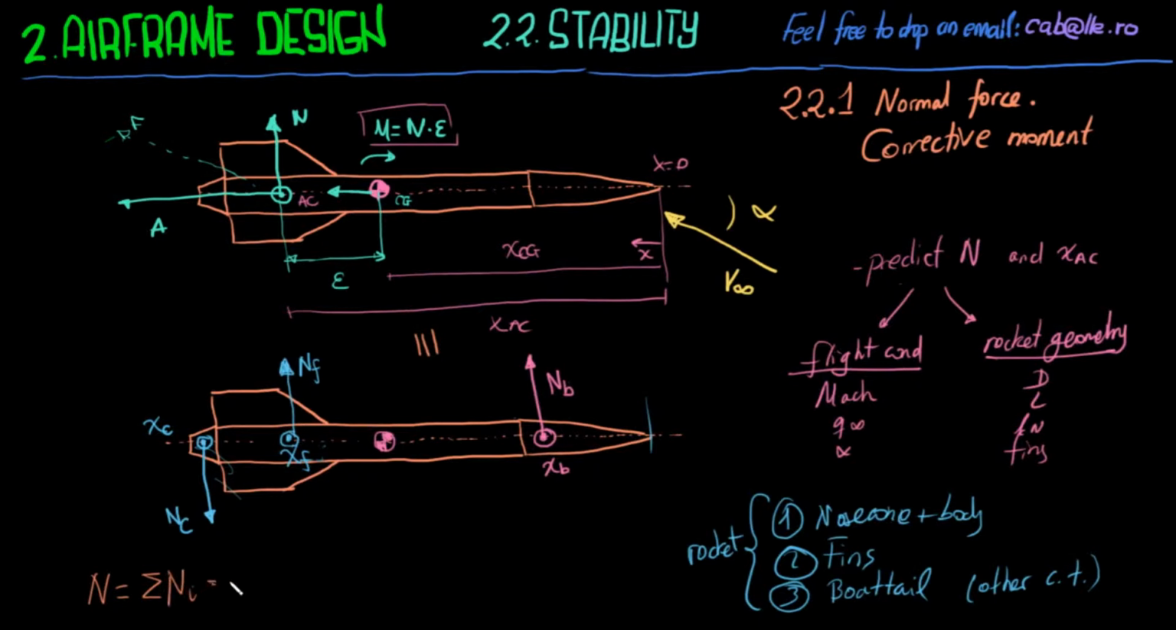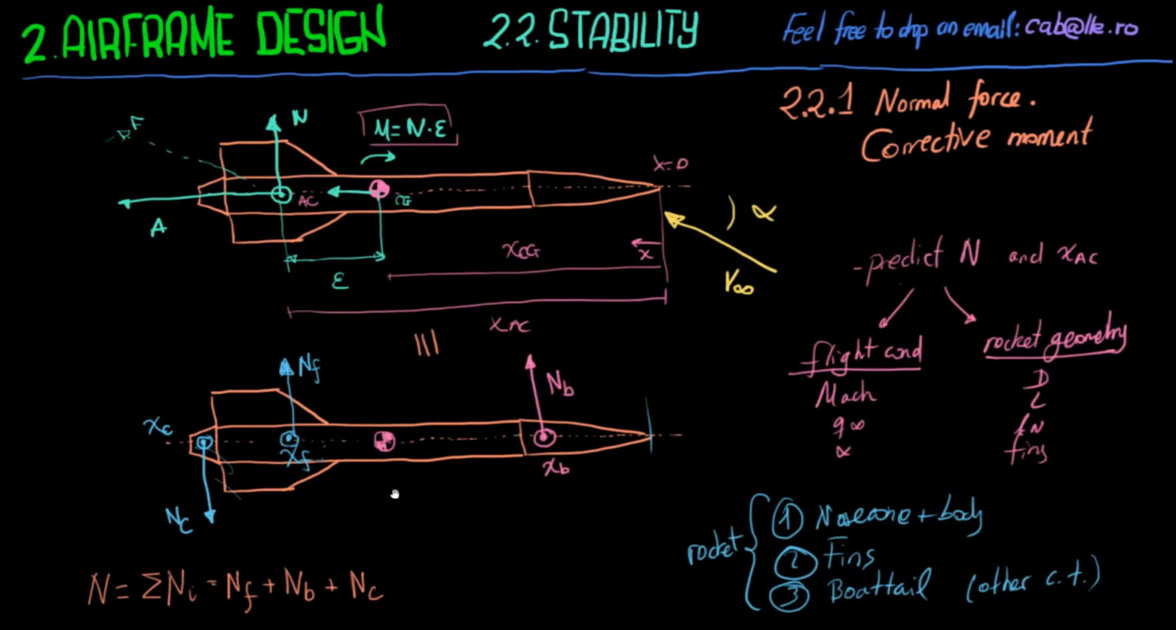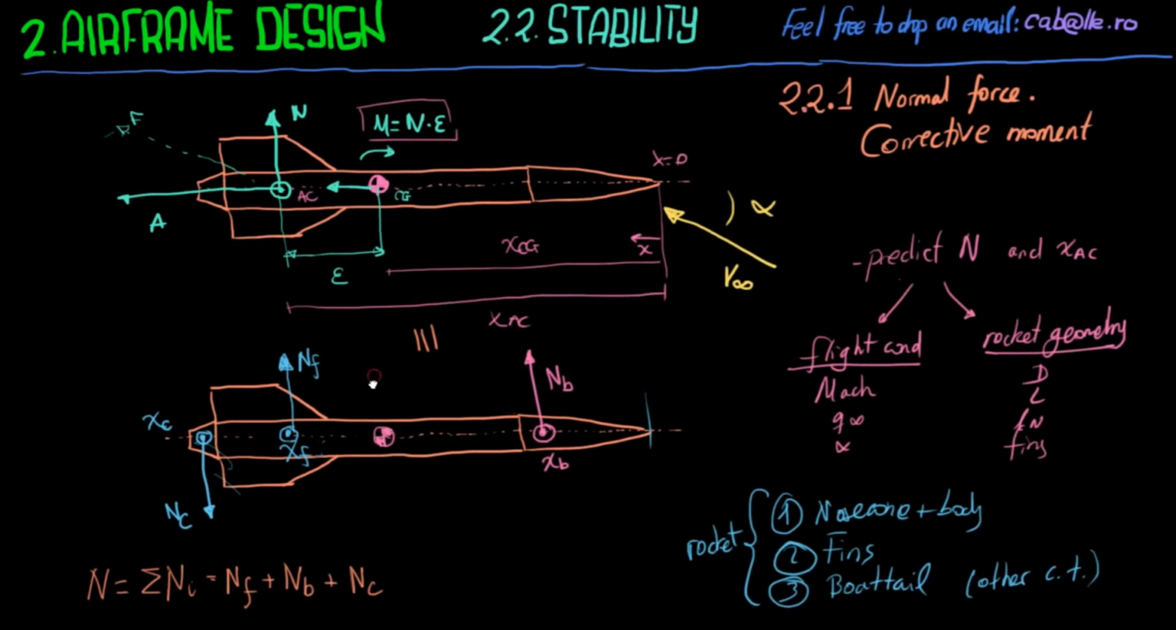So this is the total normal force: it is equal to the normal force due to the fins, plus the normal force due to the body and the nose cone, and due to the conical transitions. And that's not the end, because